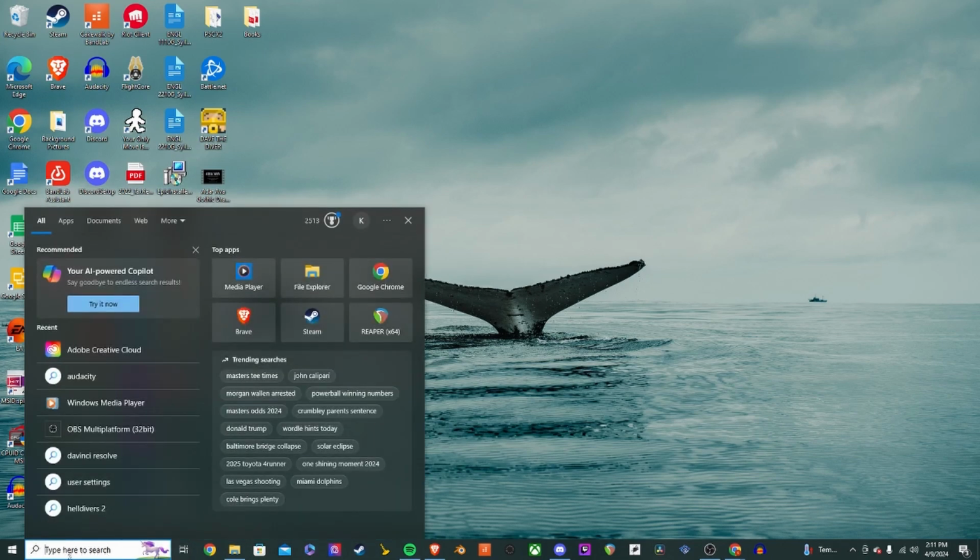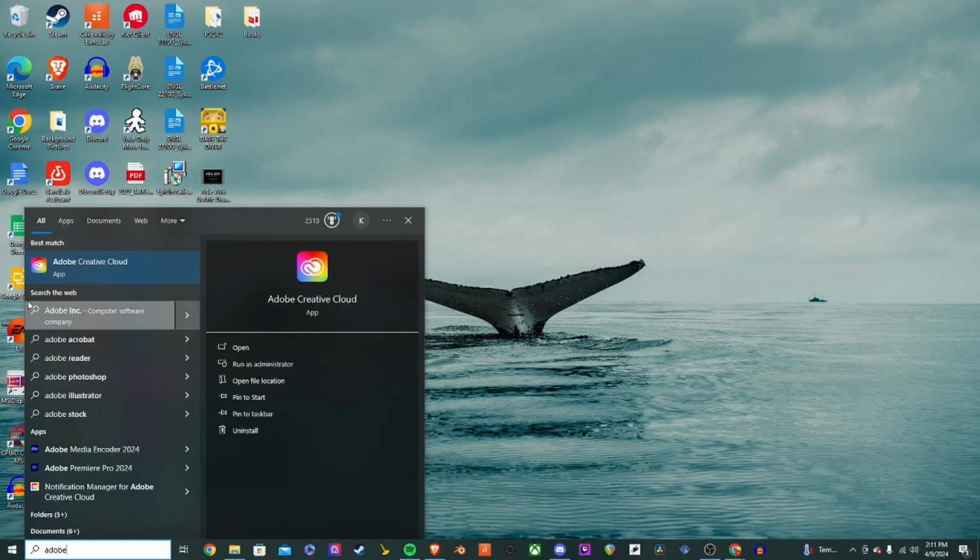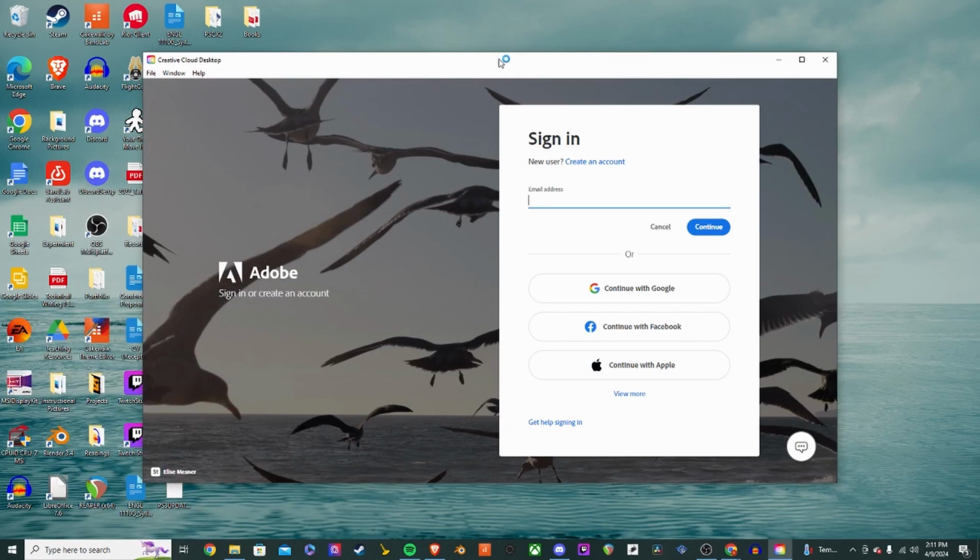Again, mine is over here because this is Windows 10, excuse me. You all will be on Windows 11, so that should be in the middle. But if you go ahead and type in Adobe, you'll come up with this as your top result, most likely. We'll go ahead and click on that, and you'll be most likely presented with a dialog window that looks something